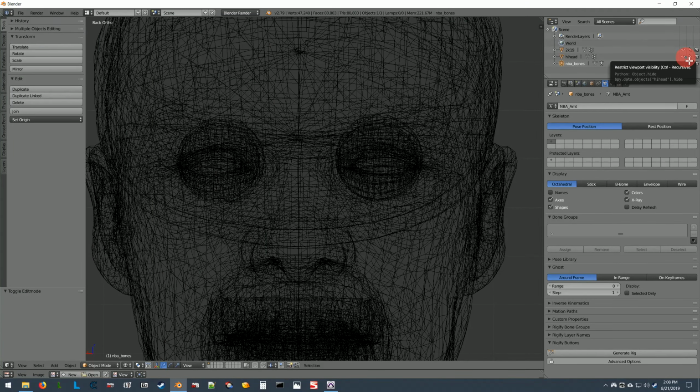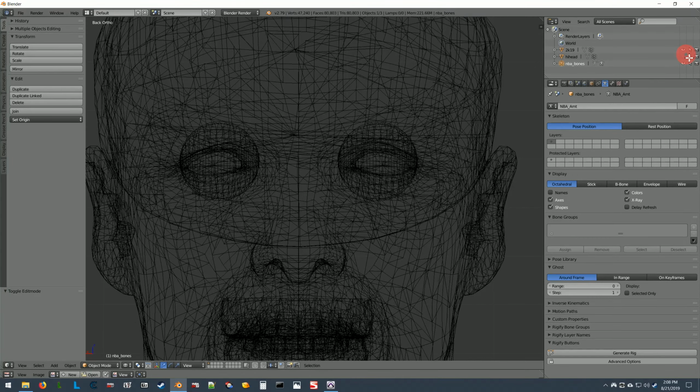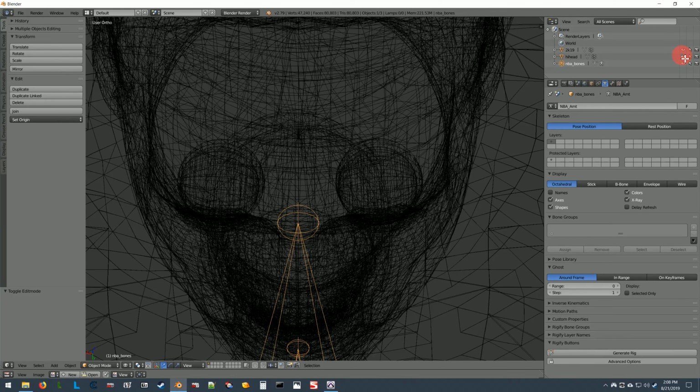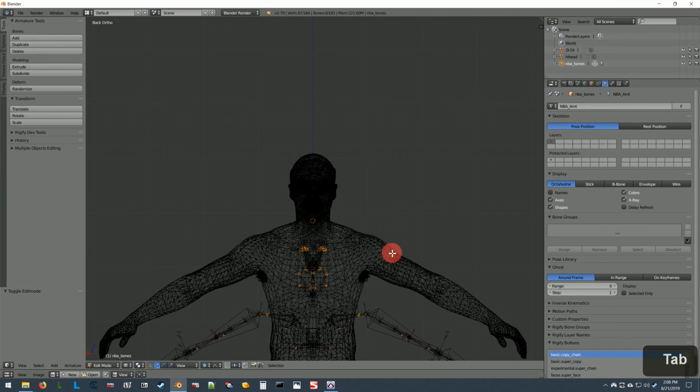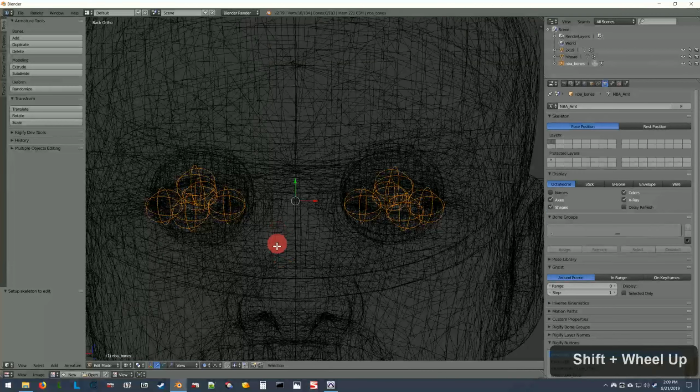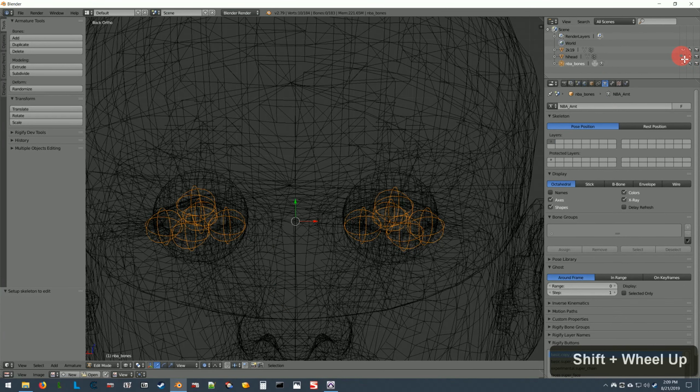But again, as I said, the focus here is now on what, if any, adjustments need to be made to the skeleton to better reflect where the eyes are along the x-axis. Usually that's going to be in terms of how far apart the eyes are, and sometimes it might be that both eyes, if you just look at the position of both eyes, are a little to the left or to the right. And so click on the NBA Bones object